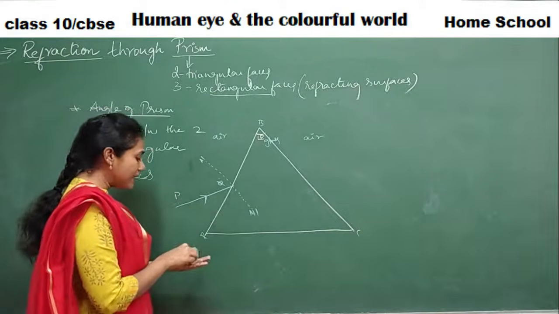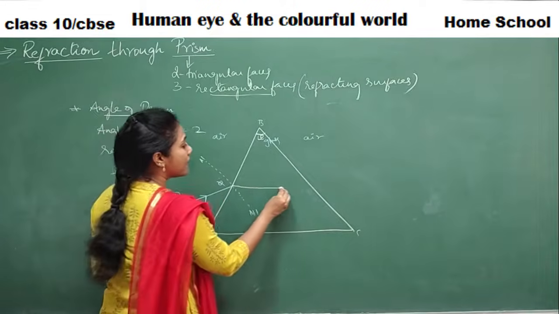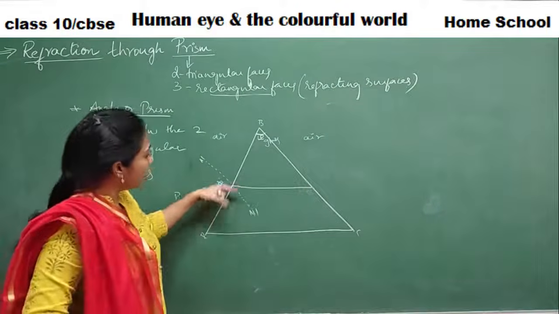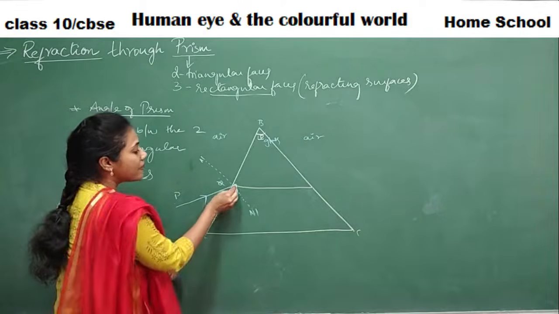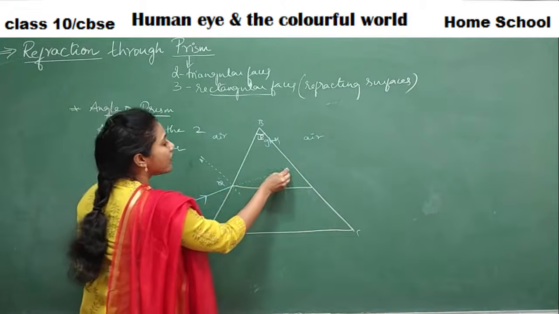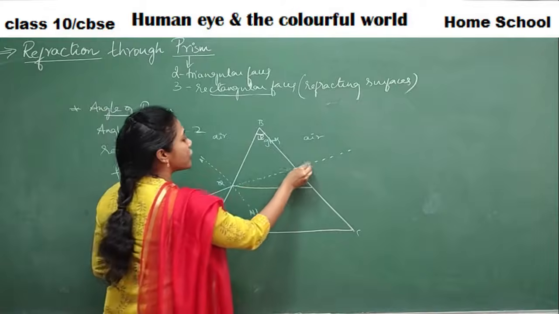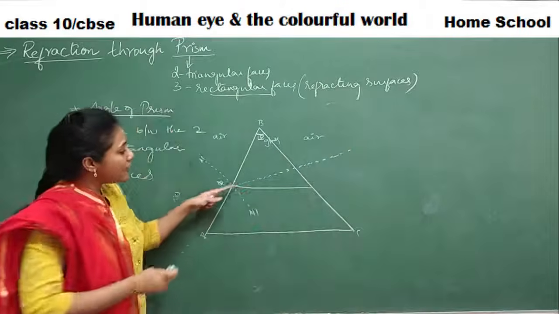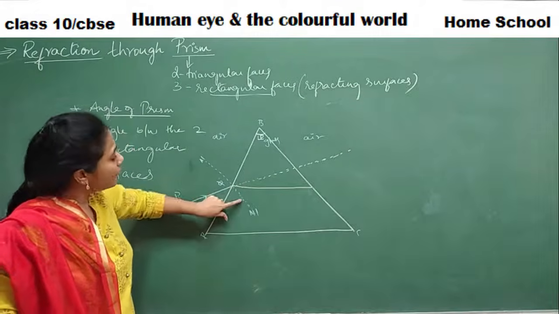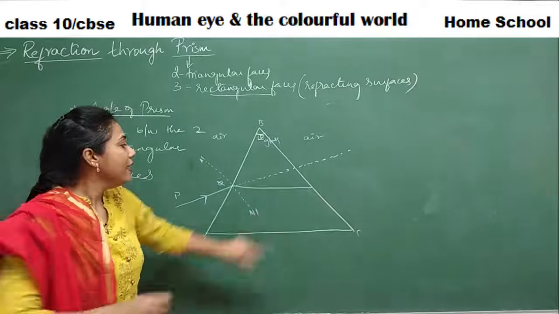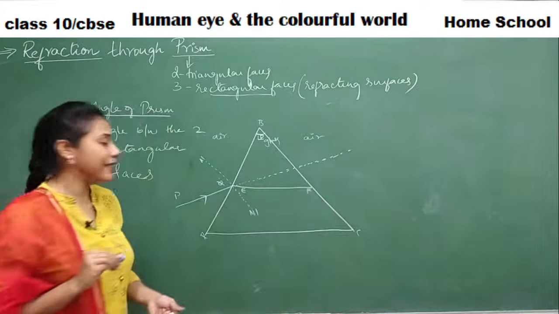Okay. So how will this light ray bend now? It will bend towards the normal, right? Something like this. It bends towards the normal. But its actual direction should be something like this. This is its actual direction. Yes or no? The light ray must go in this direction if it is going in a straight line. But it's not going in a straight line. It is bending. The light ray is bending towards the normal. So this is my refracted ray EF. Let this be refracted ray EF.